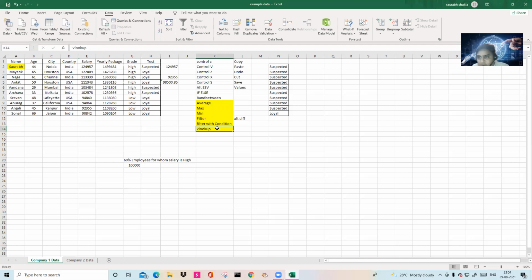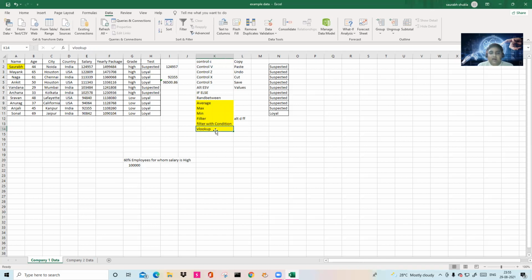In one company, there was a huge branch working for one organization, a huge oil and gas company. There, this VLOOKUP function was the key. If you know VLOOKUP, you will be great. If you do not know, you will be out. So what is VLOOKUP? I will tell you.